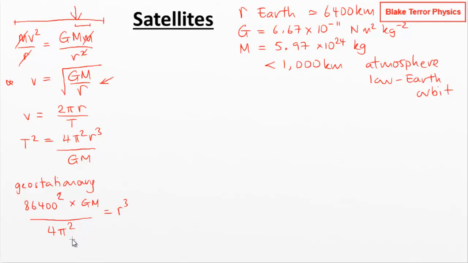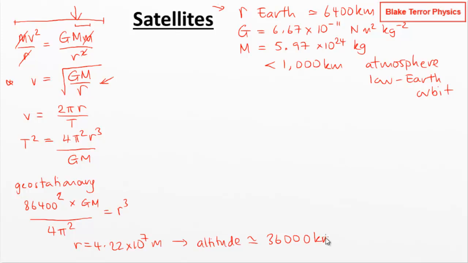And this comes out as being, well, it gives r is 4.22 times 10 to the 7 meters. That is the distance from the center of the Earth. If we want the altitude, we have to then take off the radius of the Earth. So this is then giving us an altitude above the Earth's surface of around about